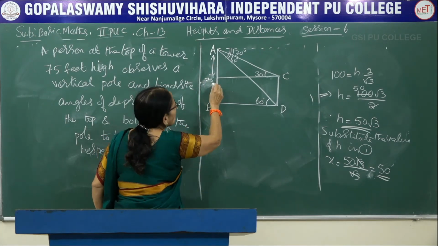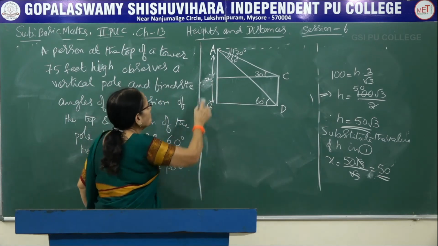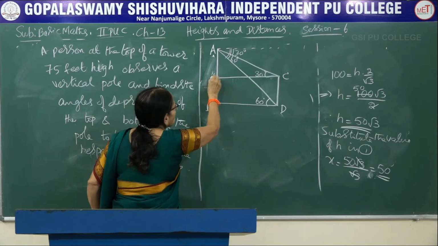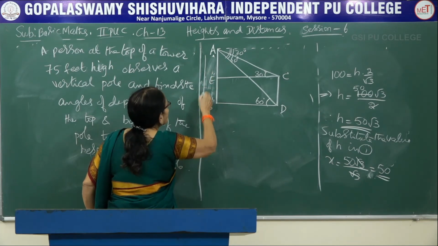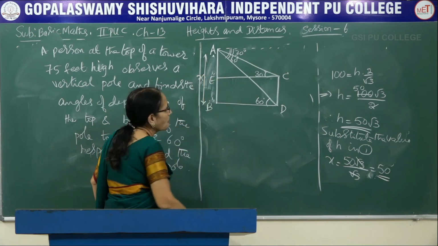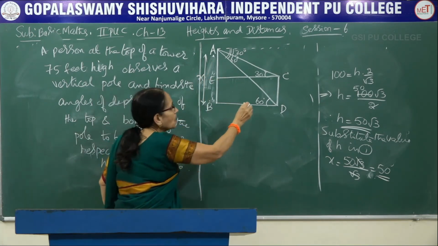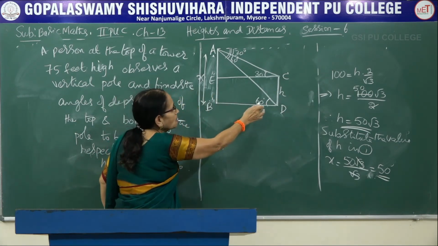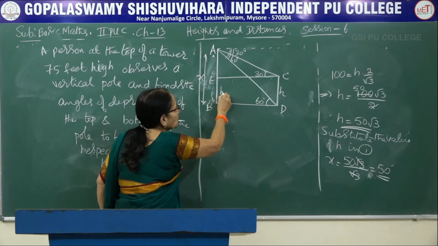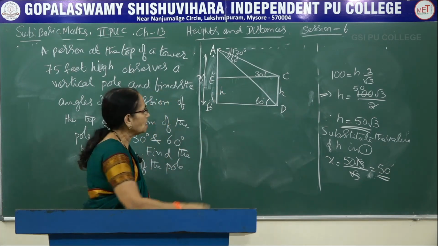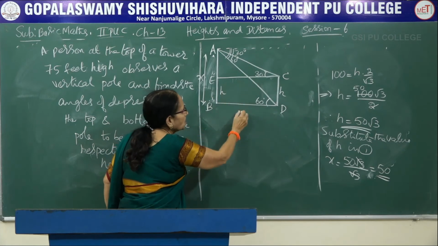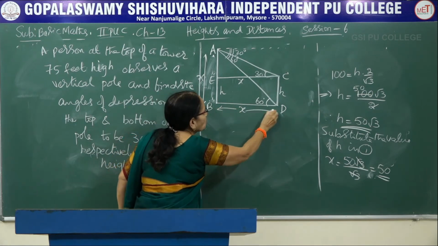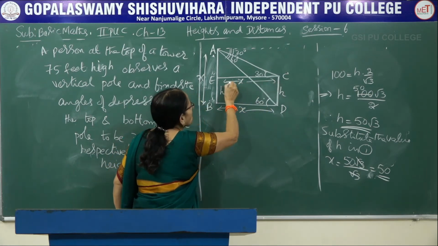Now CD, you can denote this point to be E, so that there will not be any confusion in the figure. Let me denote this point to be E. The total distance is given to be 75 here. Now what has to be calculated? The height of the pole, usually we denote it as H. So when CD is H, EB being equal to that one will also be equal to H. Now this BD, which is equal to EC, if you want you can denote it as X, or you can keep it as it is also, but better you make a notation for that one.